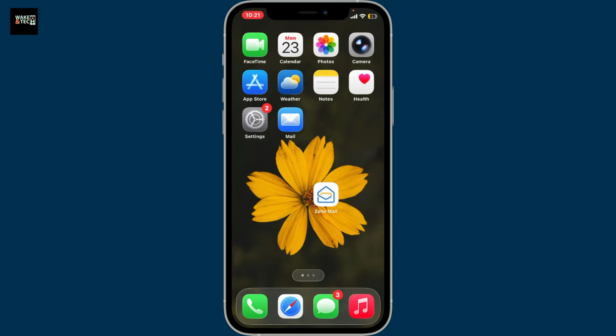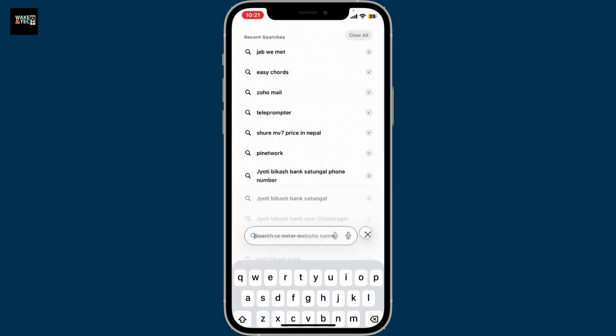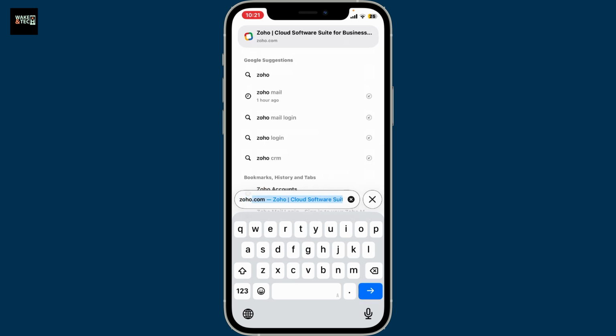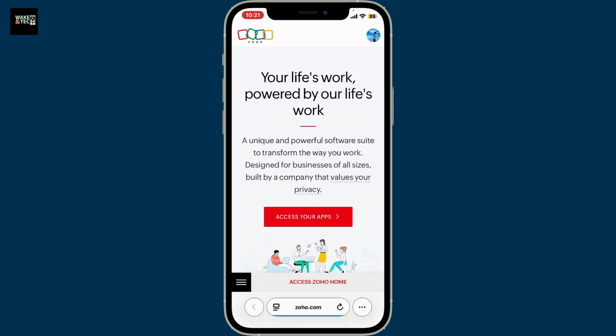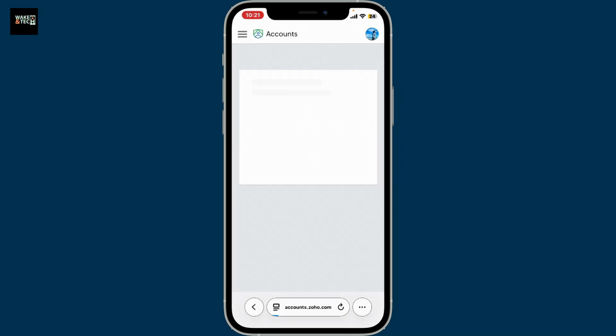So first of all, open your web browser on your computer or your mobile device, and in the URL box type in zoho.com and search. After you do that, you'll end up in the official site for Zoho, from where you'll need to log into your existing account. Once you're logged into your account on Zoho, go ahead and click on your profile icon at the top right corner. Click on My Account in the pop-up, and now you will end up in your profile